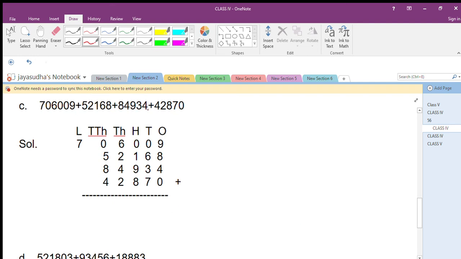Here 1, 2, 3, 4 sets of numbers are here. So this is up to lakh place. So ones, tens, 100, 1000, 10,000, lakh I have to write. So you want to write the numbers according to the place values. Then first you have to arrange the columns, then you have to add. Again here 0 plus 4, 4. Listen carefully. Any number added with 0 you get the same number. So 0 plus 4, 4.